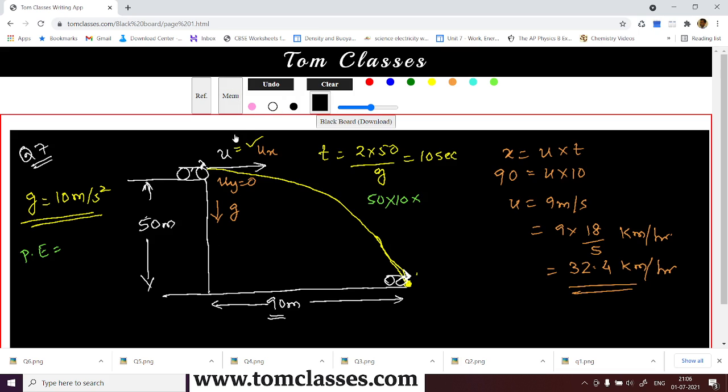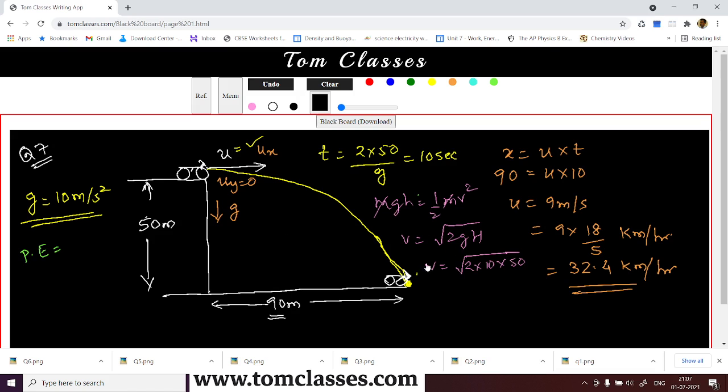We can't apply that one because mass we need to know. We can't apply that particular thing over here because mass is not given to us, but mass will get cancelled off. Let's see. So mgh is equal to half mv square. So this is gone. So v square, v is under root of 2gh. You can remember that. So this velocity has to be what? So this is 2 into 10 into height is 50. So this is 2gh.